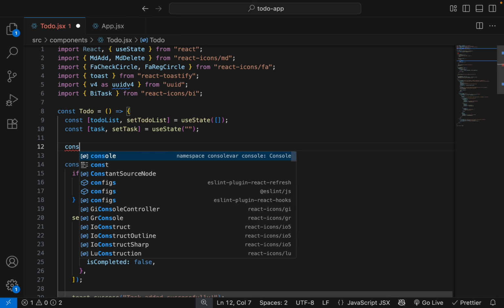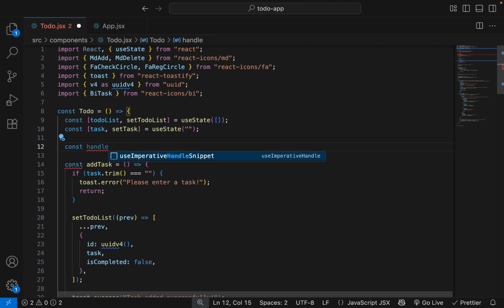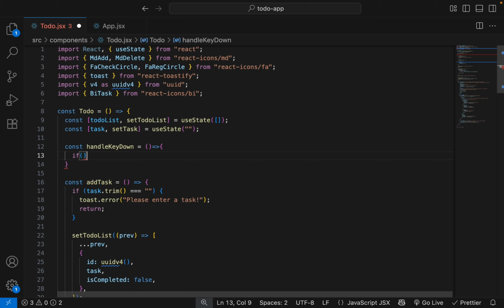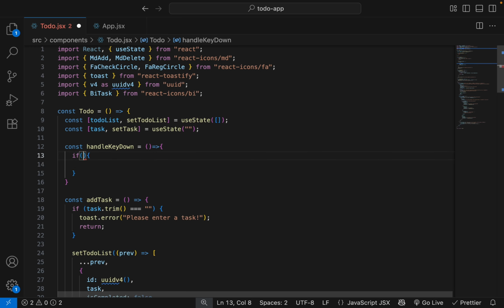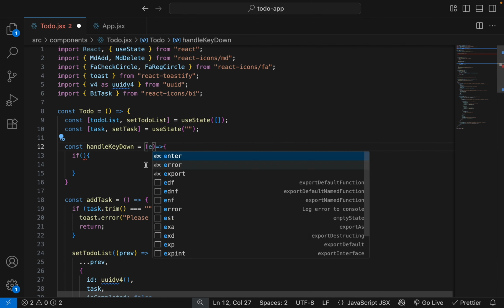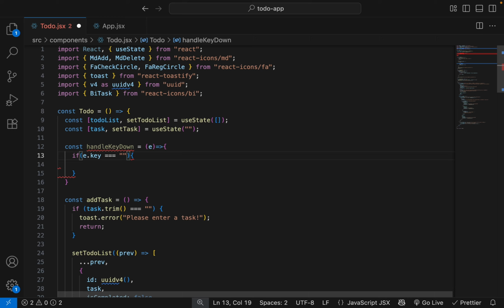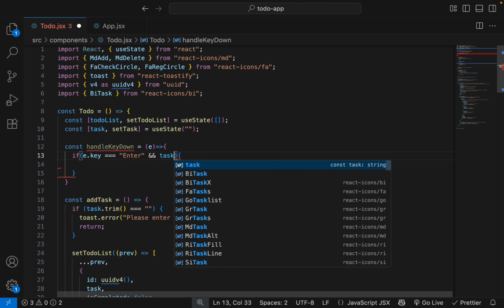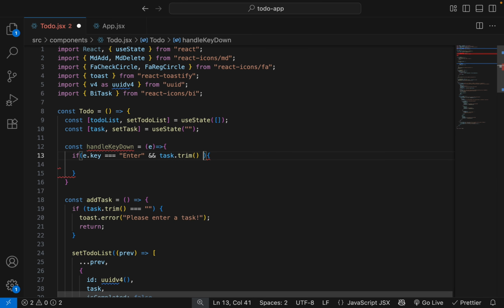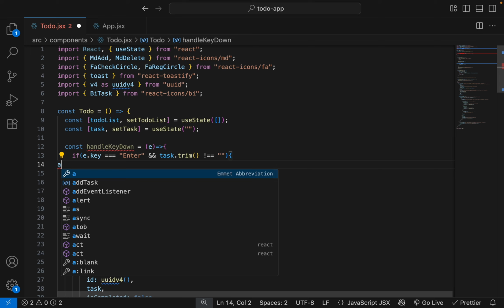So add a function const handle key down equal to, if, passing an event object, if event dot key equal to enter, then and task dot trim not equal to empty string, then add task.